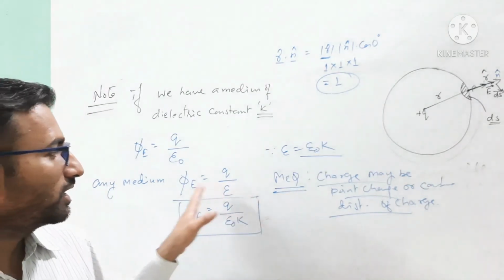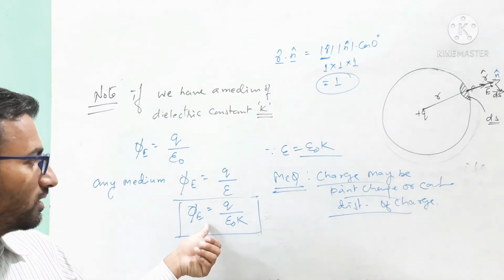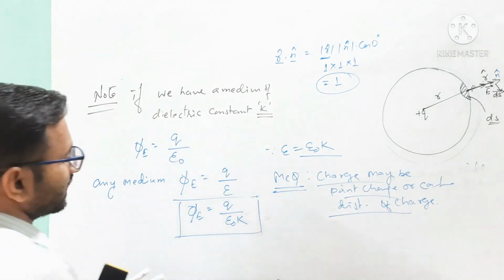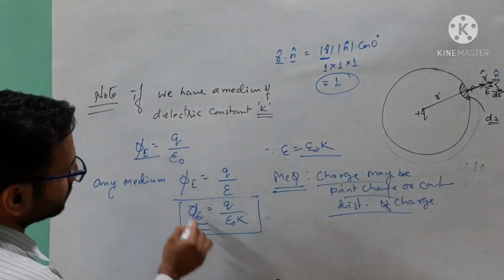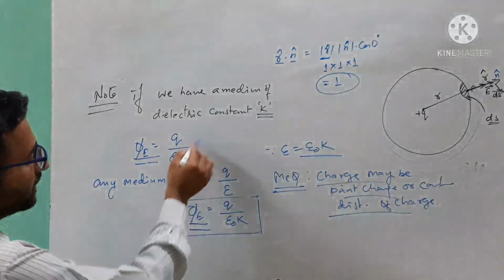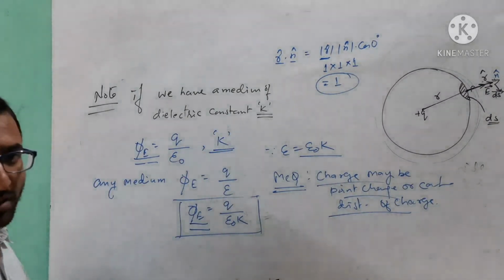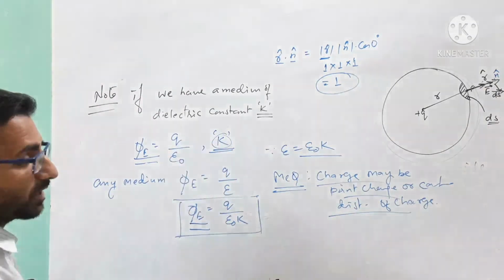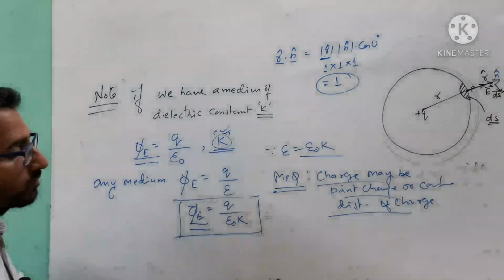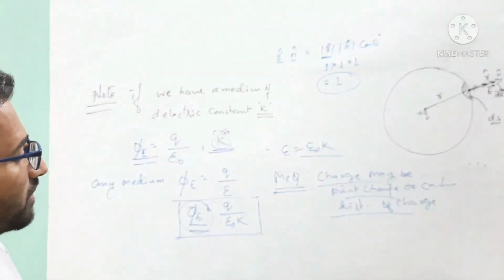So here it depends on the medium, on the value of K. On the basis of this you can easily compare the two: whether the electric flux will increase or decrease if the medium is replaced by a dielectric constant K medium with respect to vacuum. If we change the medium to one of dielectric constant K with respect to vacuum, then we will see what the change in electric flux will be, with the help of the comparison of these two.